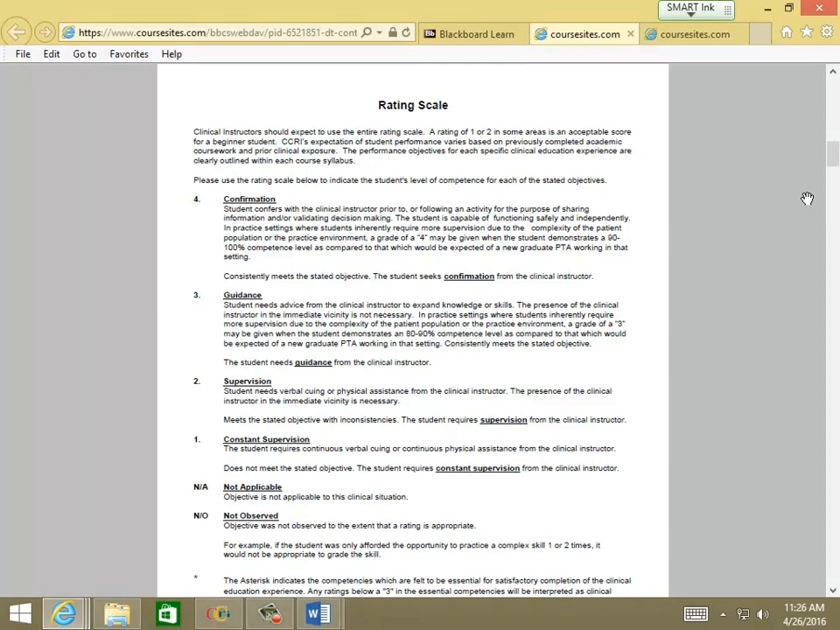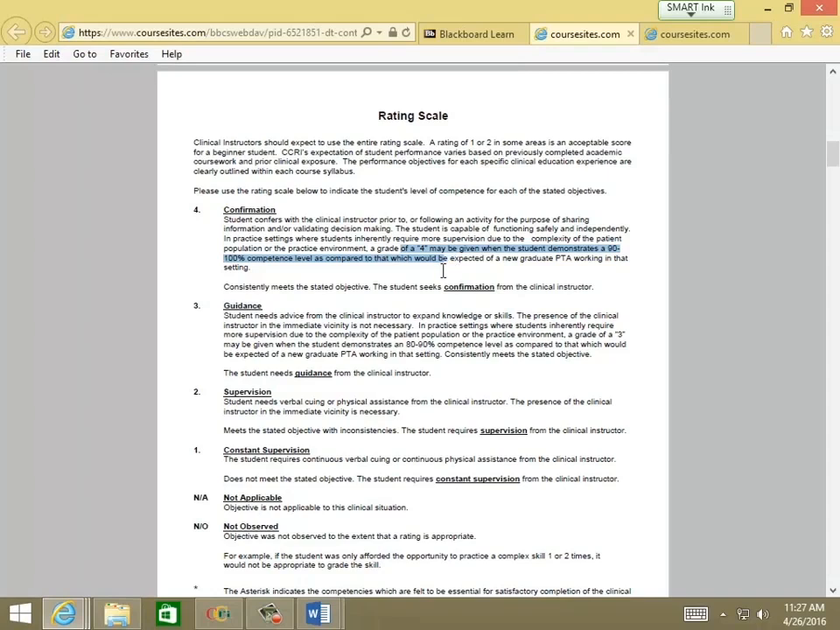We do recognize that in some settings the level of complexity of the patient population may be greater, and as an entry level PTA or a PTA student, the student may not be able to appropriately perform at that confirmation level. So when that happens, if there are more complex cases that we wouldn't expect a student or a new grad to be handling alone, then a grade of a 4 may also be given in the event when a student demonstrates 90 to 100% competence level as compared to what we would expect for a new graduate working in that